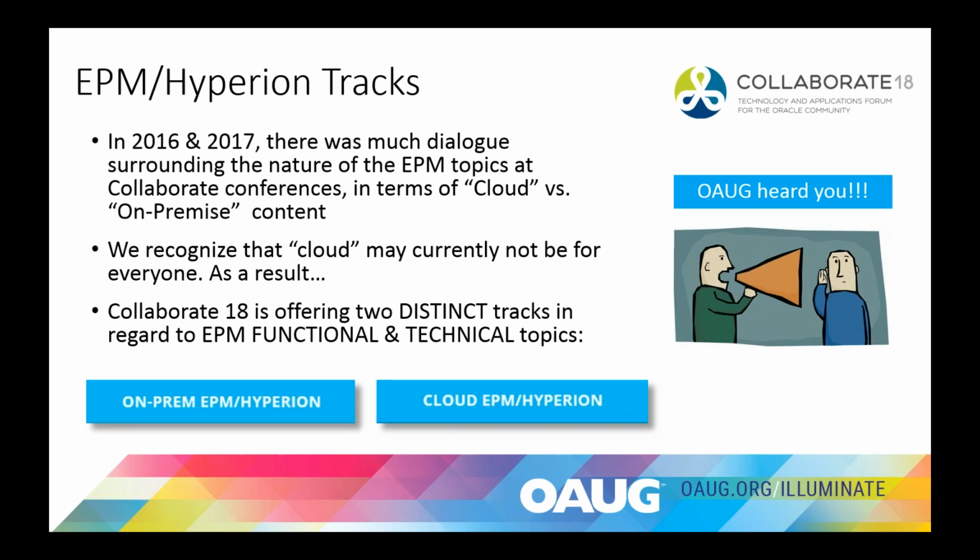And what was recognized is that even though cloud is obviously being pushed by Oracle and is sort of a trend in the marketplace today, not every customer is really ready for the cloud. So as a result, Collaborate 18 is really offering two distinct tracks, as we just said, one for on-prem EPM Hyperion and one for Cloud EPM Hyperion. So essentially, OAG definitely heard the dialogue there and has made that change and is providing these two separate